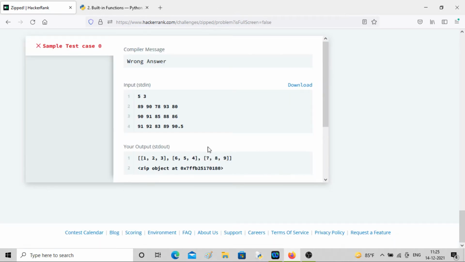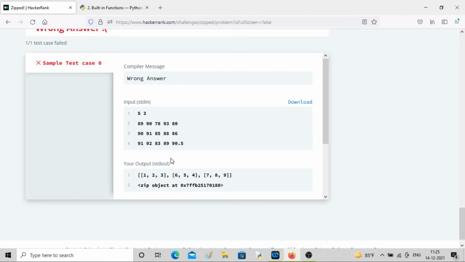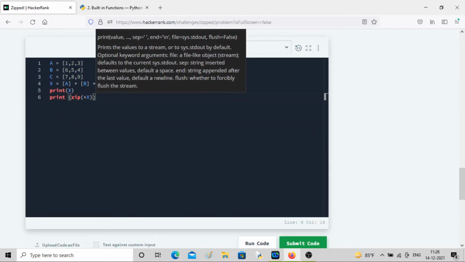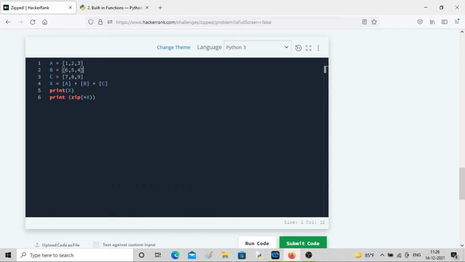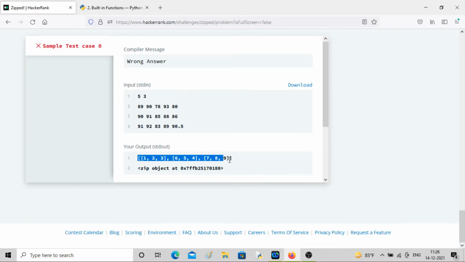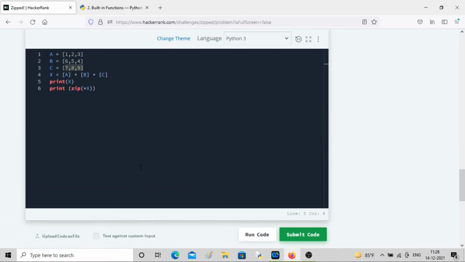Here you can see the value of X. X is this list concatenated with B concatenated with C, and it made a new list. Here you can see it is not printing the zip output. For that, you have to convert it into a list. It just shows the status of whether the object is being created.